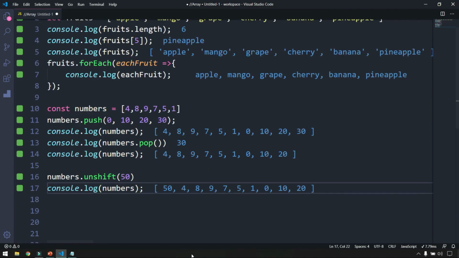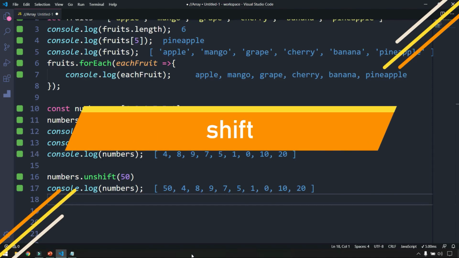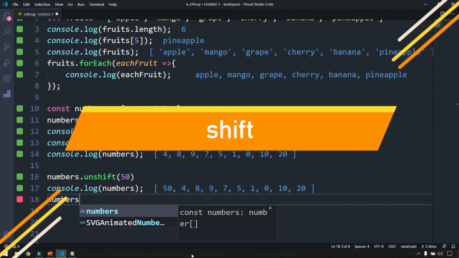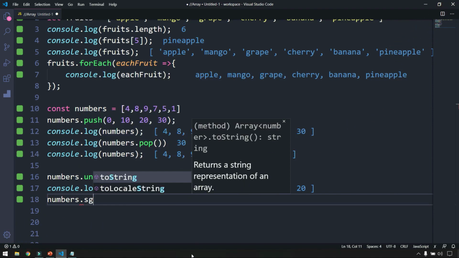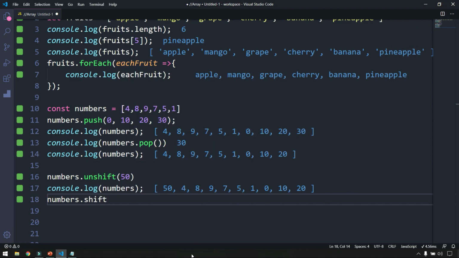Now similarly if I want to remove the first value, we have a method called shift here. So I'm going to say numbers dot shift, and here I need not pass any parameter, as we did in the pop.